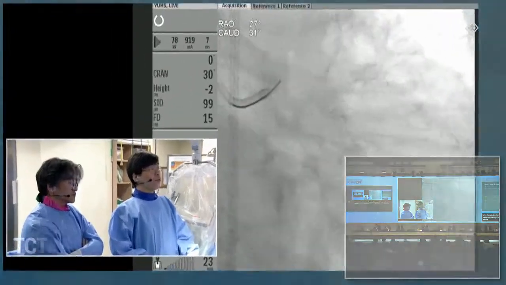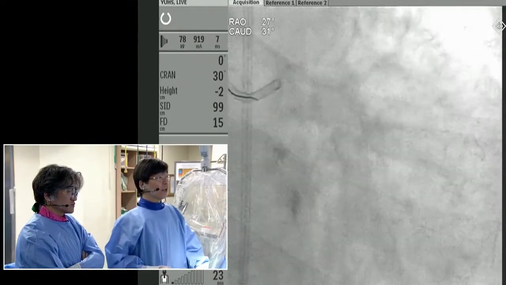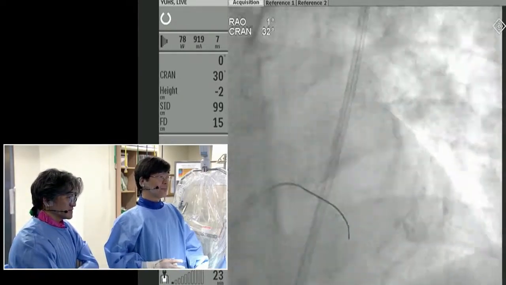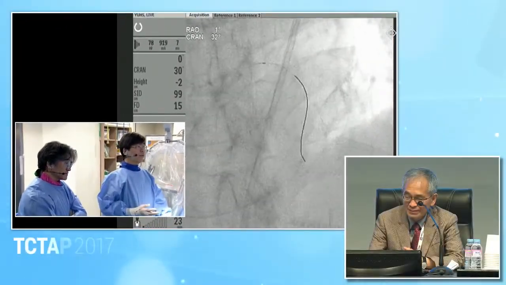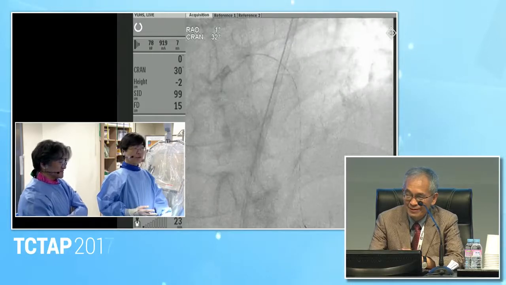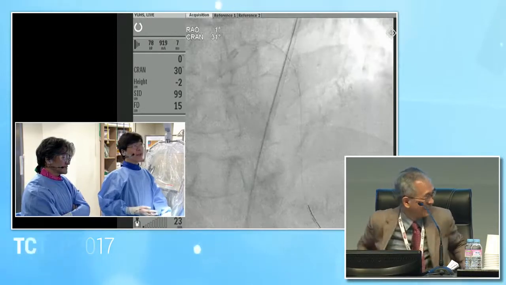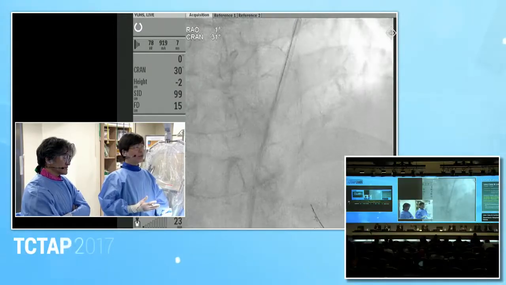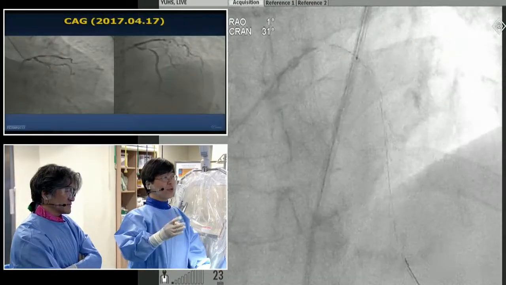And then we introduce a wire without any contrast dye guidance. Next. You are using the calcium line for wiring. That is one of the indicators. And then change the direction and advance the wire. So far, no contrast. Yes, of course. Next, that is the LAD. And then we will do the IVUS examination for the lesion location and other information. Professor Kim will provide the IVUS information. Next.